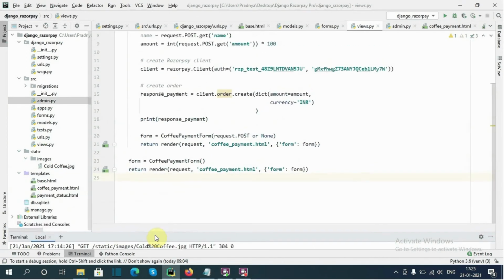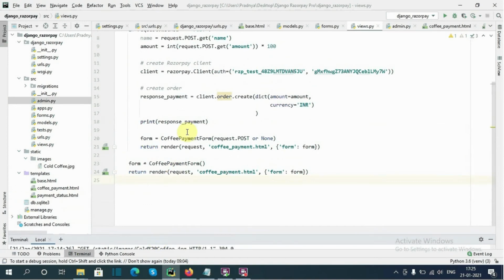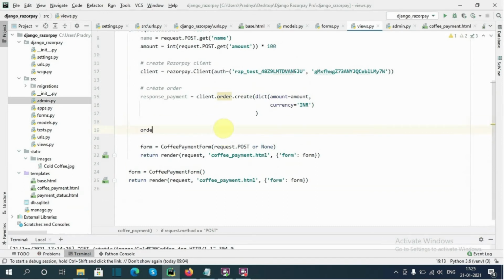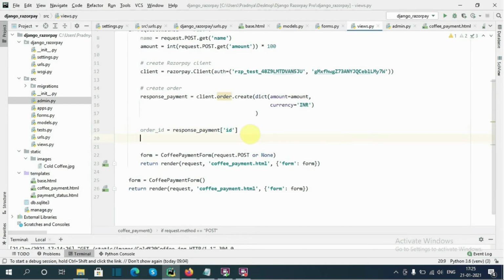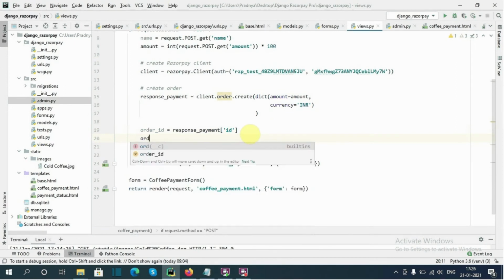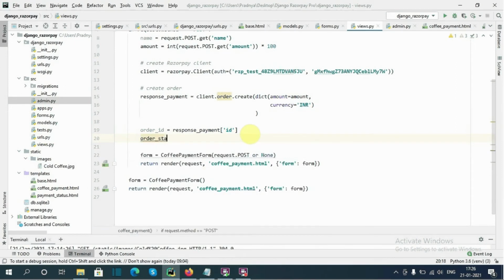Now I need only the order ID and status. So here I will remove this. Then order_id equals response_payment['id'], then order_status equals response_payment['status'].